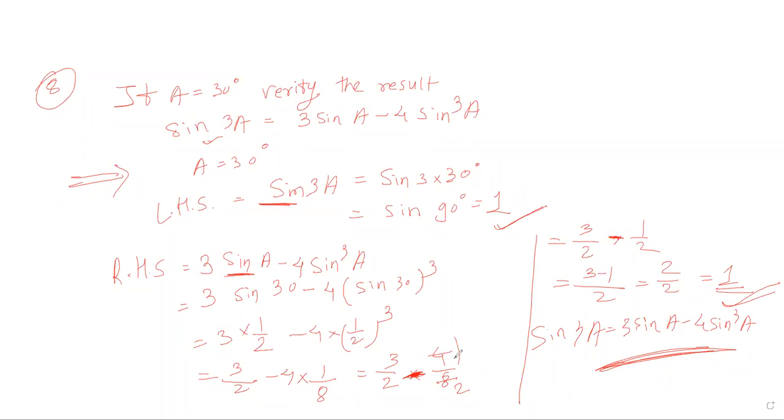4/8 is 1/2. 4 ones are 4, 4 twos are 8. So 3/2 minus 1/2. Here is the fraction subtraction. Denominator same, so upon 2, and numerator subtraction 3 minus 1. So 2 upon 2 is equal to 1. So right hand side answer is 1, left hand side answer is 1. That's why sine 3A is equal to 3 sine A minus 4 sine cube A. Clear? Yes, ma'am. Okay, so next example is